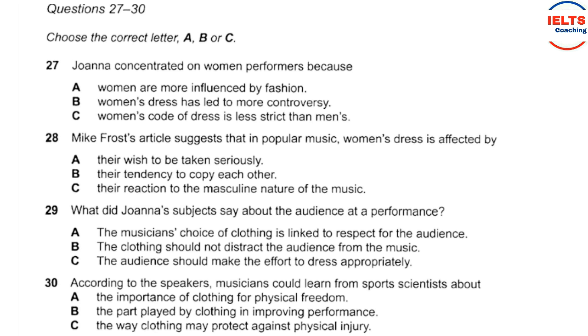I was interested by the effect of the audience at a musical performance when it came to the choice of dress. The subjects I interviewed felt this was really important. It's all to do with what we understand by performance as a public event. They believed the audience had certain expectations, and it was up to them as performers to fulfill these expectations, to show a kind of esteem. They weren't afraid of looking as if they'd made an effort to look good. I think in the past, the audience would have had those expectations of one another too, but that's not really the case now. Not in the UK, anyway. No. And I also got interested in what sports...